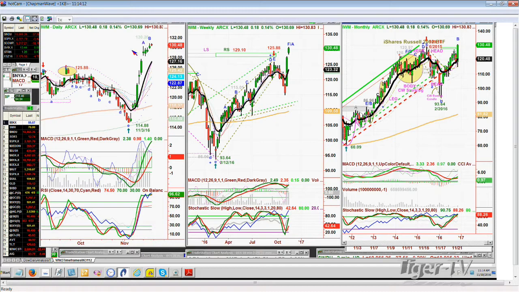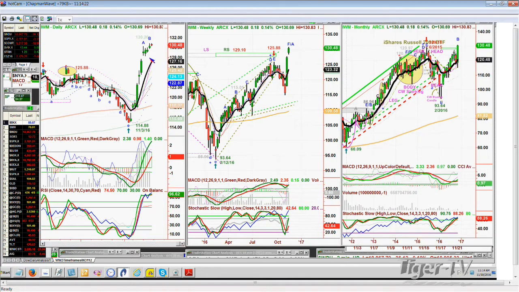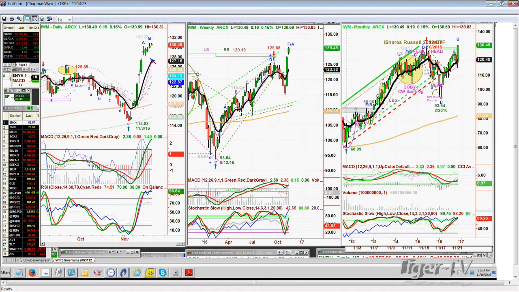So yeah, we are looking at the IWM, leg B, the MACD is strong, the stochastic is at 96%, very strong. I think we go slightly higher to a C and then a D. Today has a parallel high of 130.83, 130.83, two days in a row. That continues leg B. If there was one penny less, it would be a peak B if that was the close of the day. Remember, this is the hour, I said it from the last show, this is the 15 minutes that you're looking at to see if there's some stability in the E-mini.